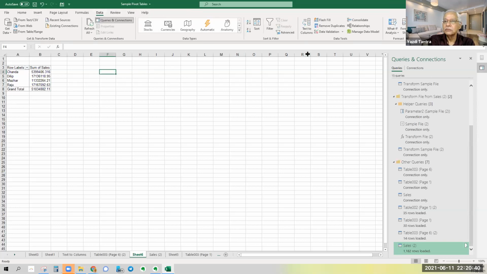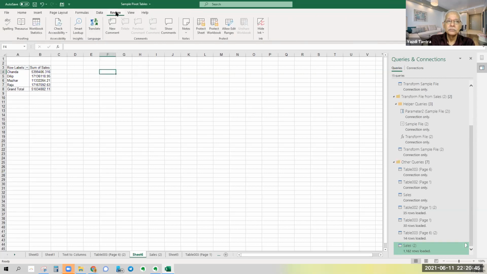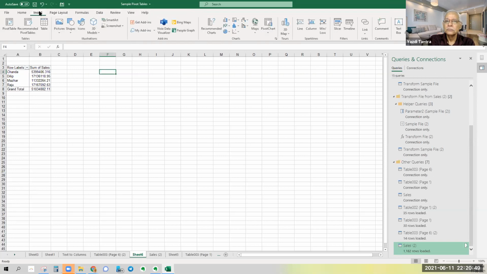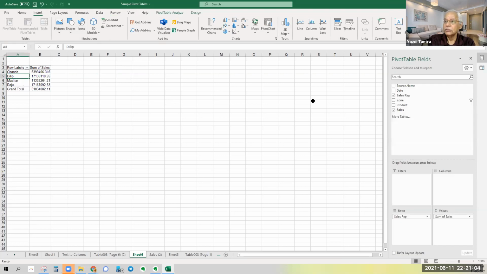Insert a slicer. It jumped out. If you remember, we did add-ins also some time back, which was again another useful thing, very easy to handle. All these things are extremely easy to handle.